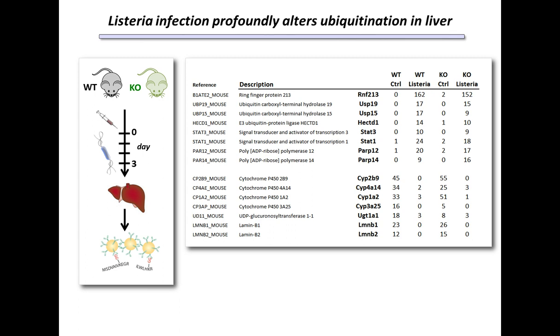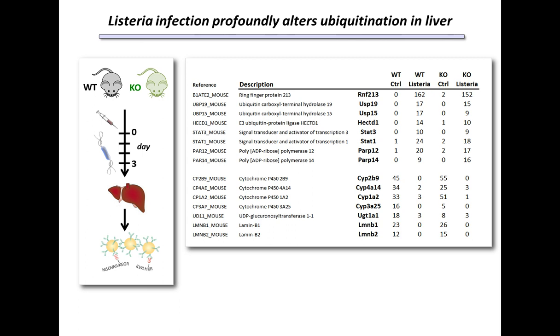Now, I've shown you a whole series of studies that have been carried out in cultured cells, but of course, these types of experiments can be equally well done in tissues under the right circumstances. And for that, I want to just show you some data that was collected in a Listeria infection model in wild type and knockout mice.